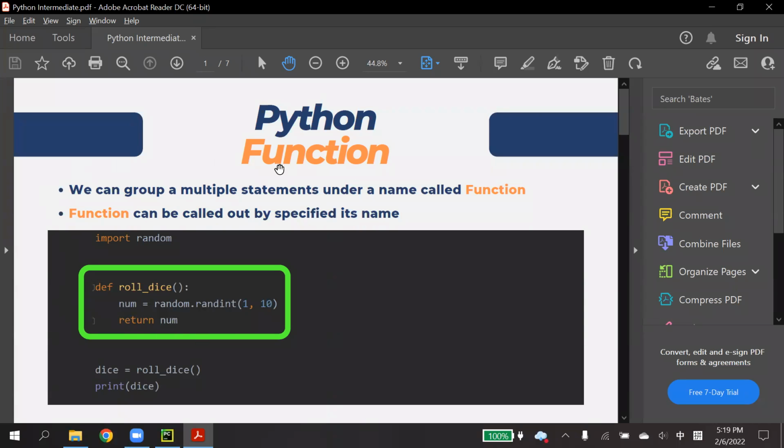Next, I'll teach how we define a function. We can group multiple statements under a name called a function. A function can be called by specifying its name. So we can group together some of the code and make it a function.